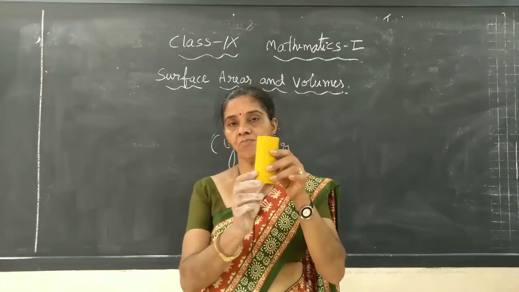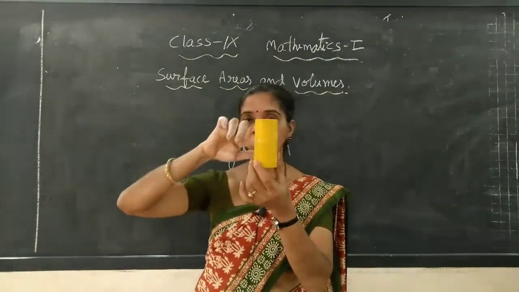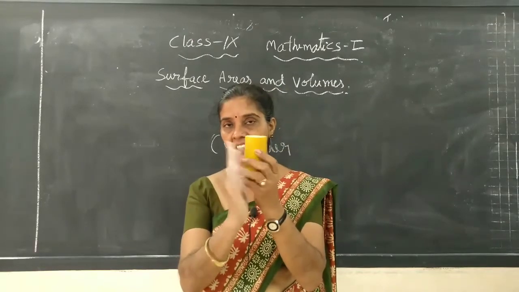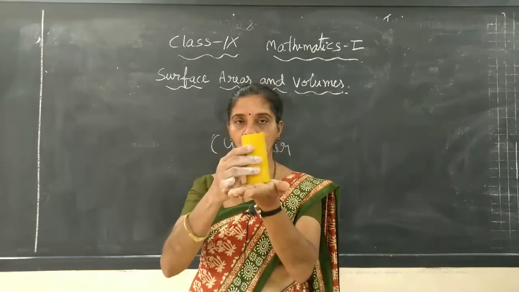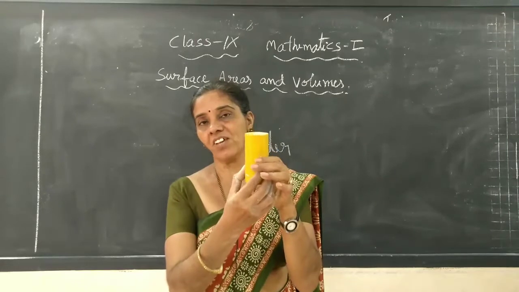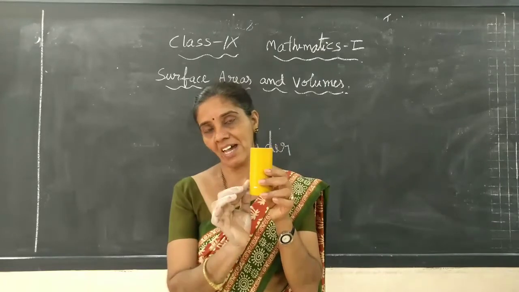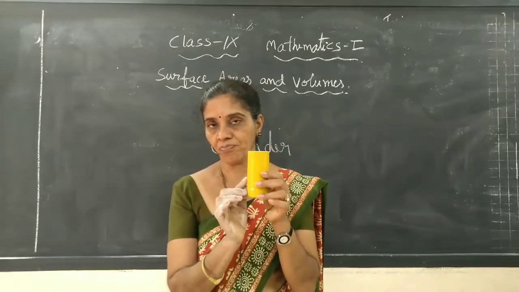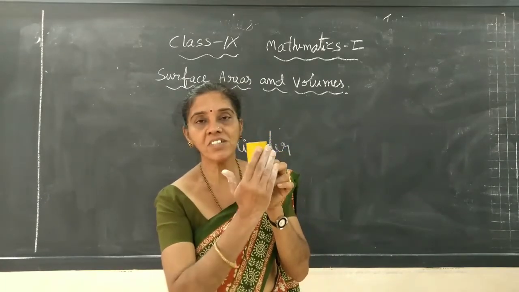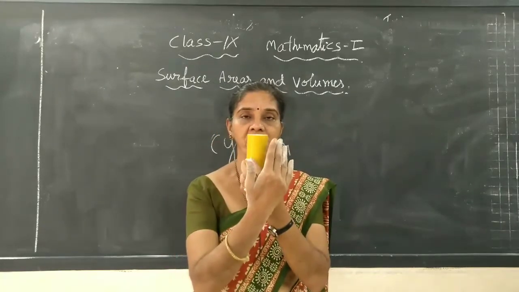And if you view here, this is called the curved surface. This side which you can view now is nothing but the curved surface, which is the lateral surface. When you keep any object this way, the surface which is facing you is called the lateral surface. Especially in the case of a cylinder, we call the lateral surface the curved surface area. Why is it called curved surface area? Because you can see the plane is curved here. You cannot find a plane here. The entire surface is curved, at each point.